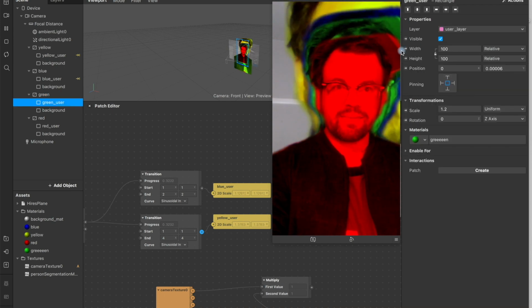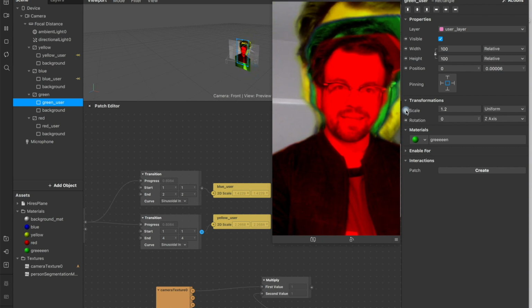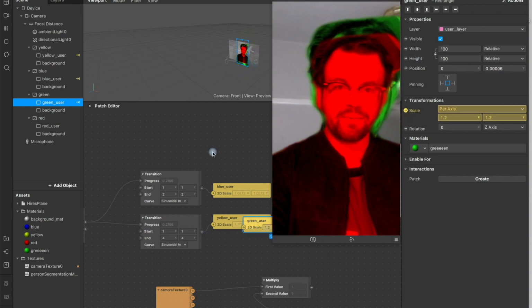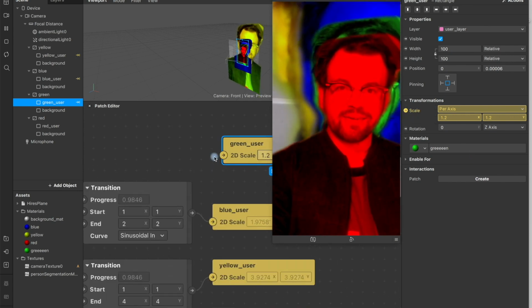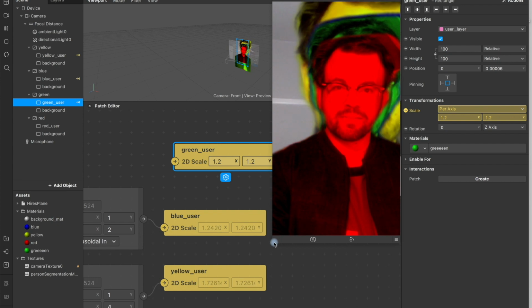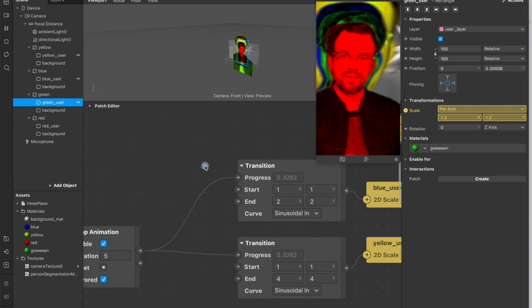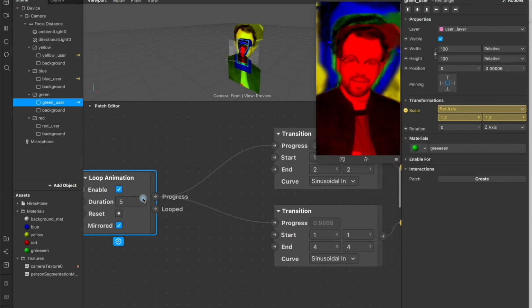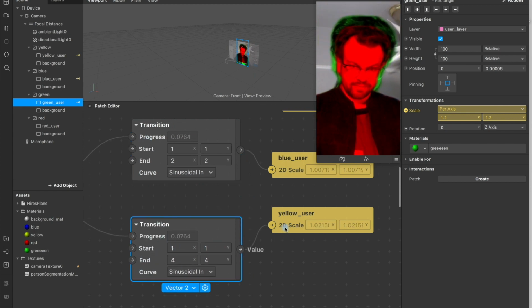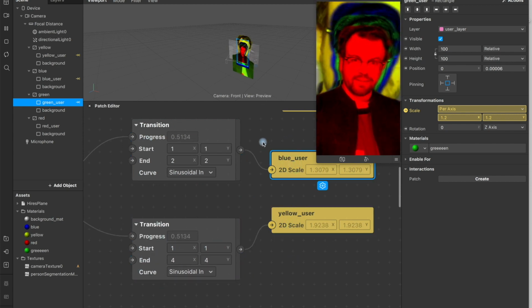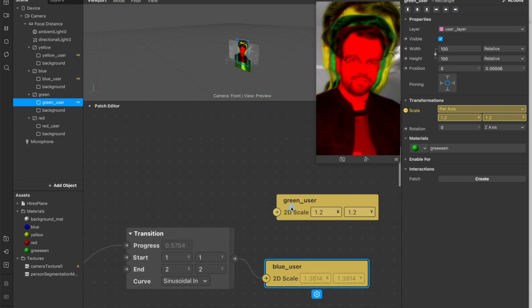So the way that we're going to do that is we're going to import the scale by pressing this arrow here so it becomes imported into the patch editor. And you can see here it turns into a vector 2. So let's look at that. And you can see I already have one loop animation that is controlling two different transition nodes with a yellow user and the blue user. Now the red is staying the same, it's not scaling at all, but we do want the green user to